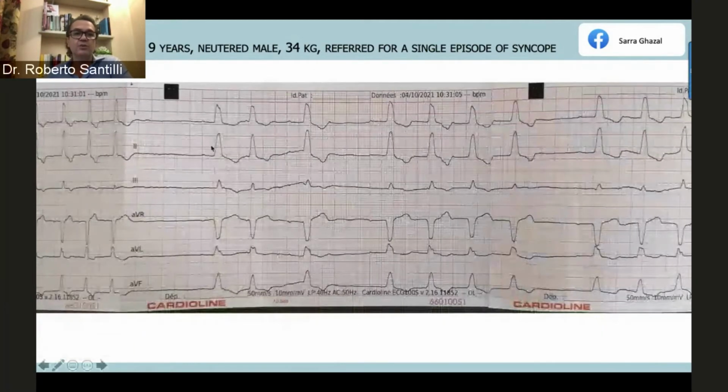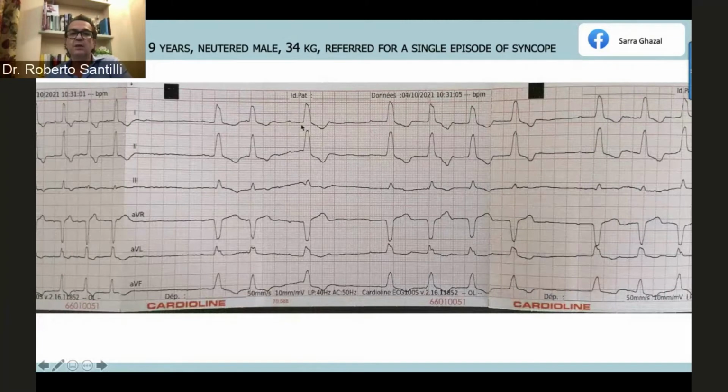And here you can actually see, at a different speed, the presence of P waves here, but then at some point, this one here, this one here, this one here, they are all conducting. There is one right here that looks like it is not conducting because the P wave is dissociated from the QRS complex. But despite the morphology being very similar, this one should be considered ventricular in origin.